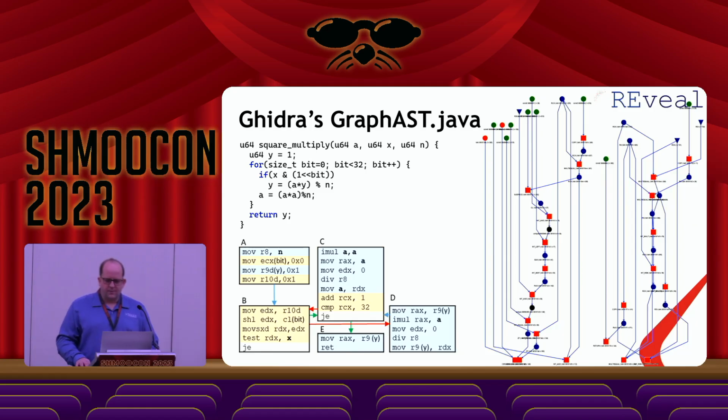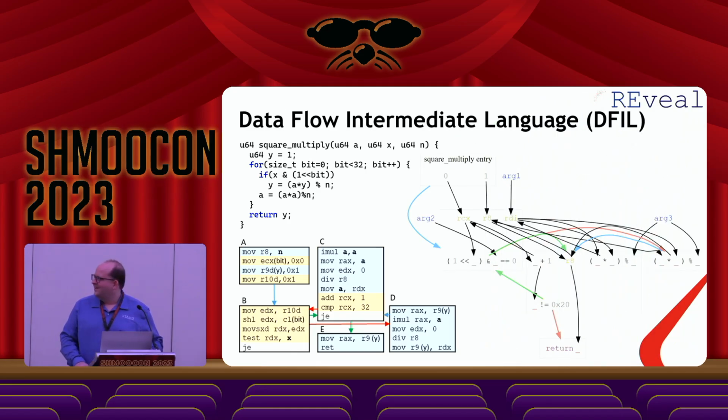Are you ready for this? Do you think it's going to be a huge graph, combining all these together? There we go. Still a little bit of a tangle, but not nearly as bad. One thing I figured out is that in Ghidra's graph AST, there were lots of different single expressions in the nodes. So if you collapse them down into single expressions, then you can collapse a lot of the nodes. But another thing I noticed is that